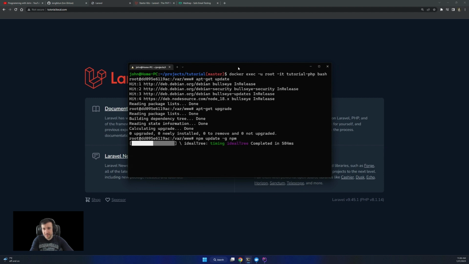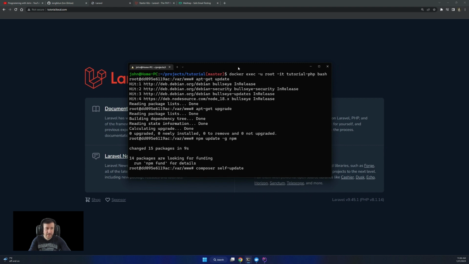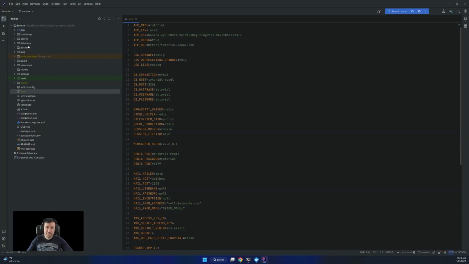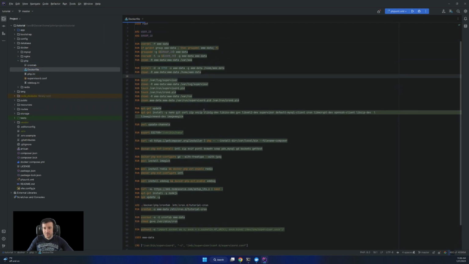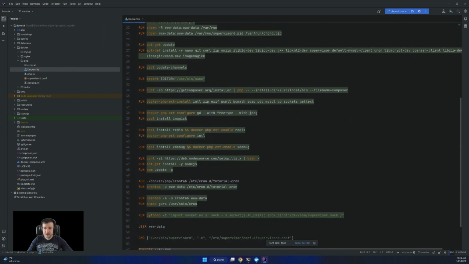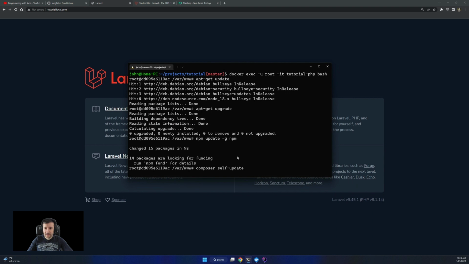So if you need to update packages globally, install some other things in the container, or you need some extra packages and you want only to test them and not have to rebuild every time. For example for PHP, if you just keep adding here and rebuilding the image, you don't know what exactly will work, what exactly you need.